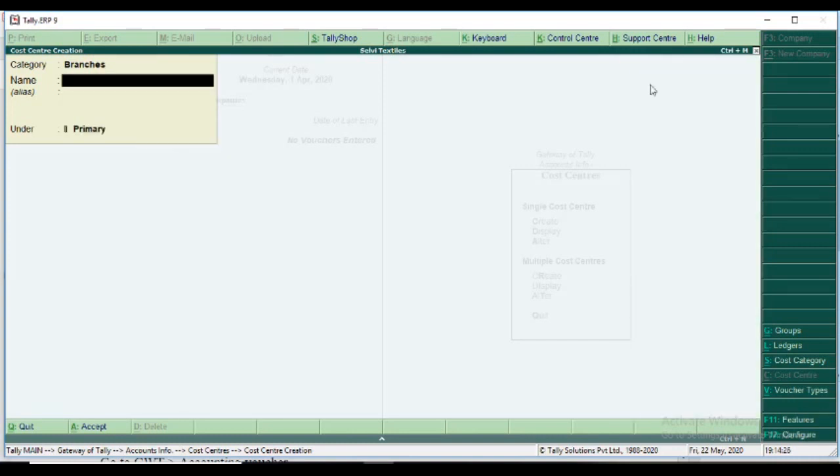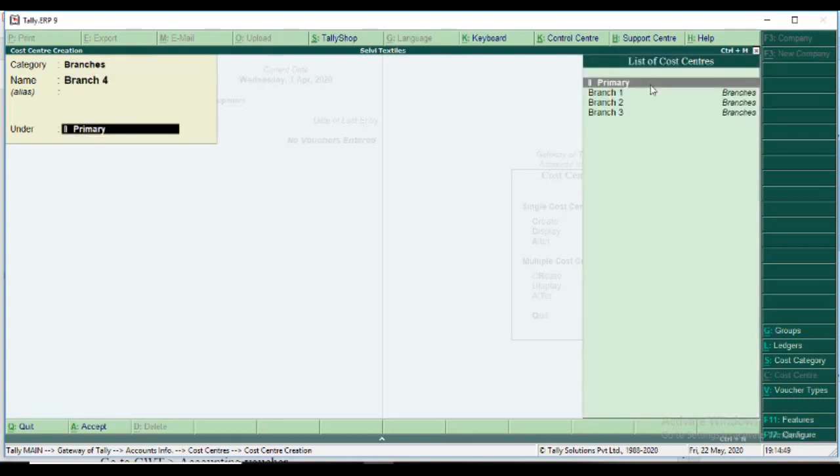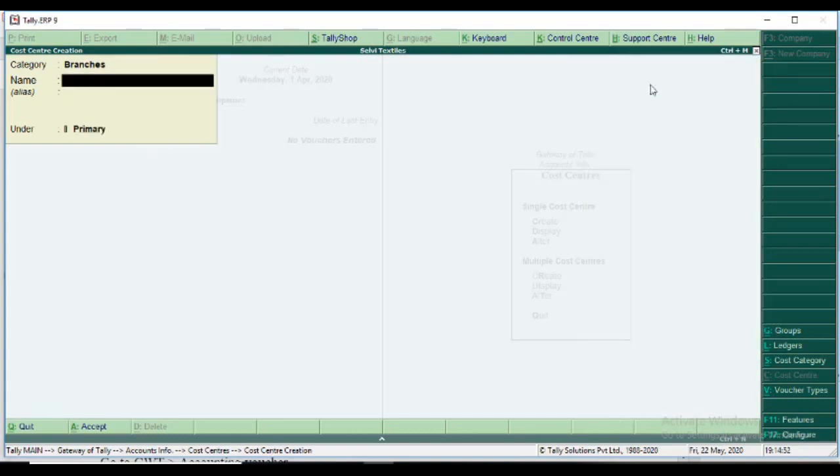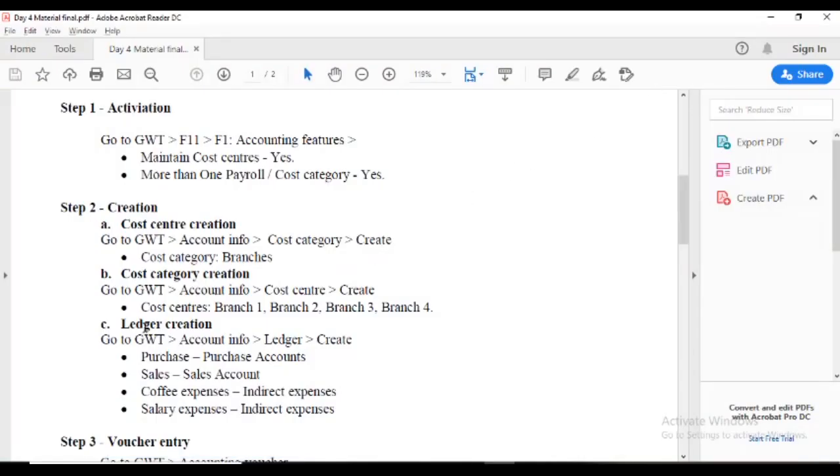Again I fill only the name, because the category is the same, branches. The second is branch 2. The third cost center is branch 3. The fourth one is branch 4.